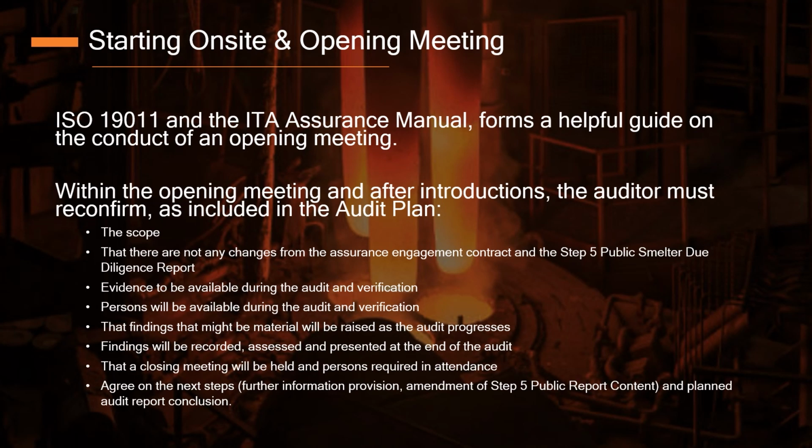As with other audits, you are best advised to have senior management in attendance in the opening meeting to get their buy-in, to ensure that personnel, resources and evidence are available during the days when you're auditing. And if that scope has changed, or for some reason it's been misunderstood by both parties and it only transpires in the opening meeting, then clearly the auditor will need to take a step back and consider whether the work can be performed to the required ISA 3000 standard in the time that's been allocated for the audit.